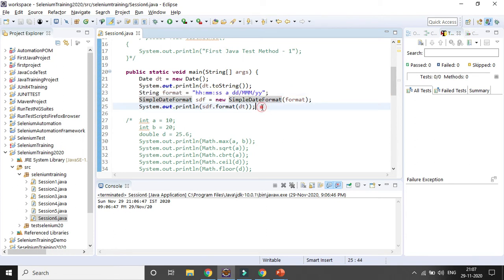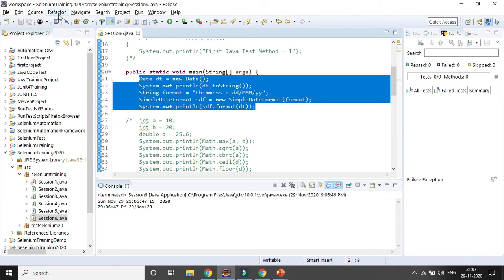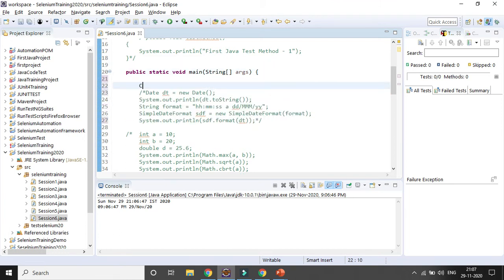Okay. Then I will let you know what is all about calendar class. So calendar class also is a default class available in Java. So this is the syntax, calendar. Okay, I will be using variable for cal equal to new calendar, and after calendar, sorry, you have no need to use the new keyword.